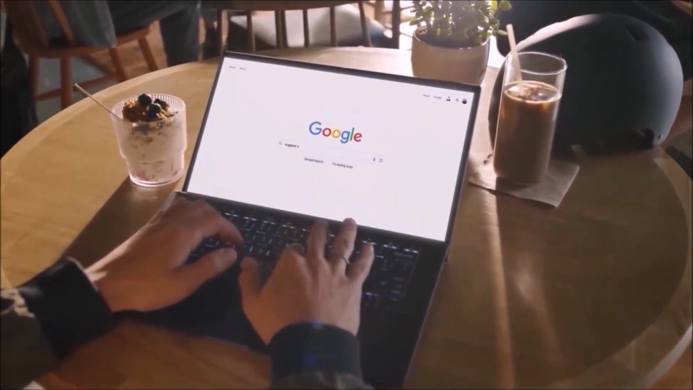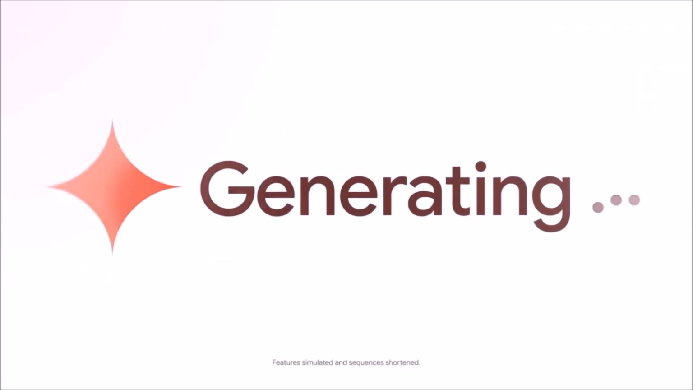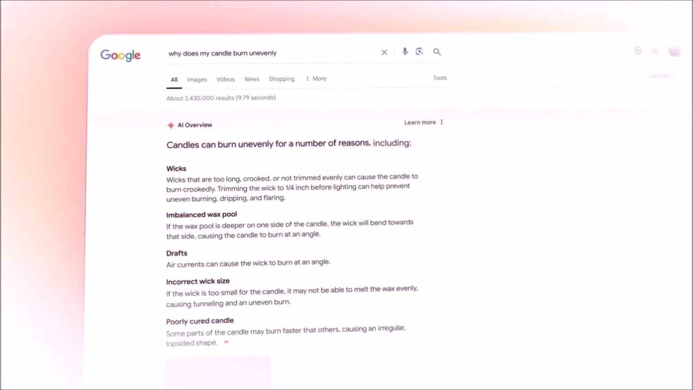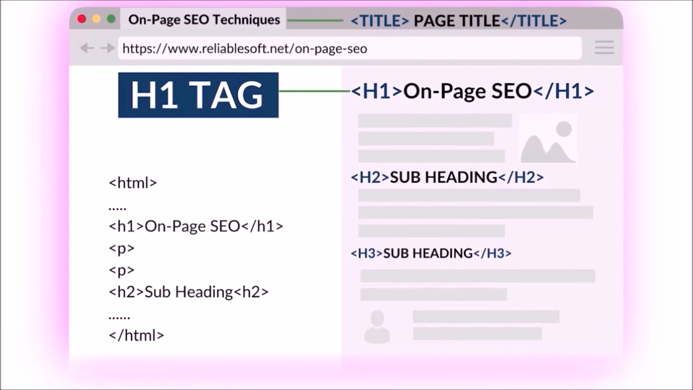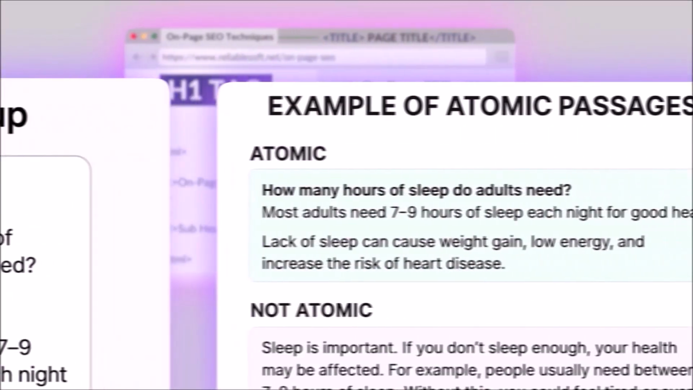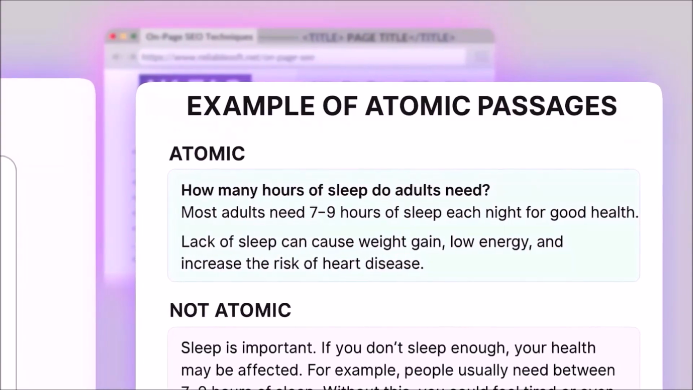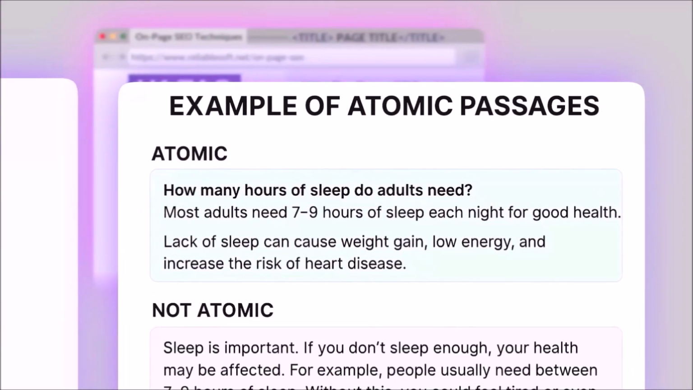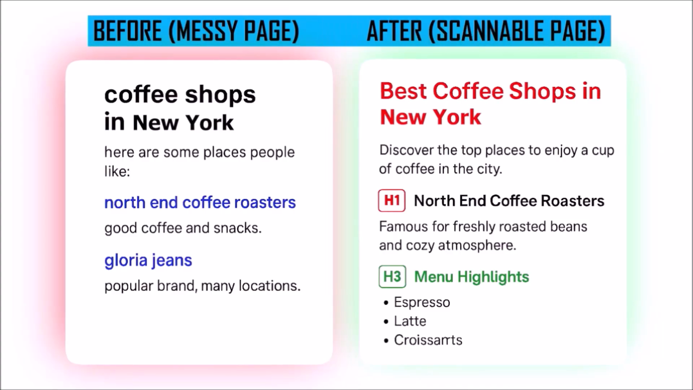Here's the unlock. Content is retrieved in AI searches when it reads like answers. Use clear H tags and schema and write short, fact-rich atomic passages that AI can quote verbatim. So if you do this right, you'll be more likely to be surfaced in AI searches, even when the click-through